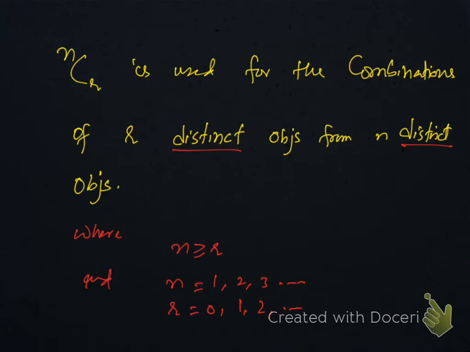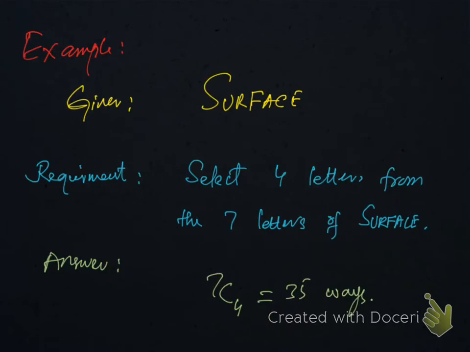NCR. This NCR is used for the combinations of R different objects from N different objects, where N is greater or equal to R, and N starts from 1 and R starts from 0. Example, this word is given, surface, and the requirement is to select 4 letters from the 7 letters of the word surface. So the answer is very simple. It should be 7C4. That means there are 35 ways to select 4 letters from 7 letters of the word